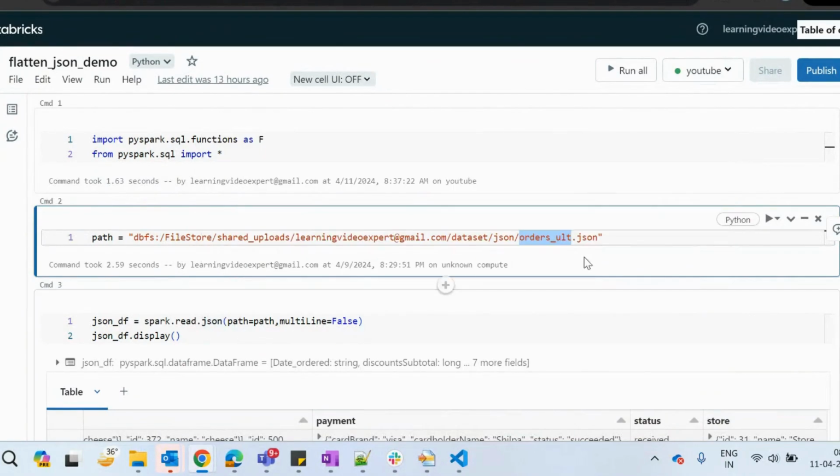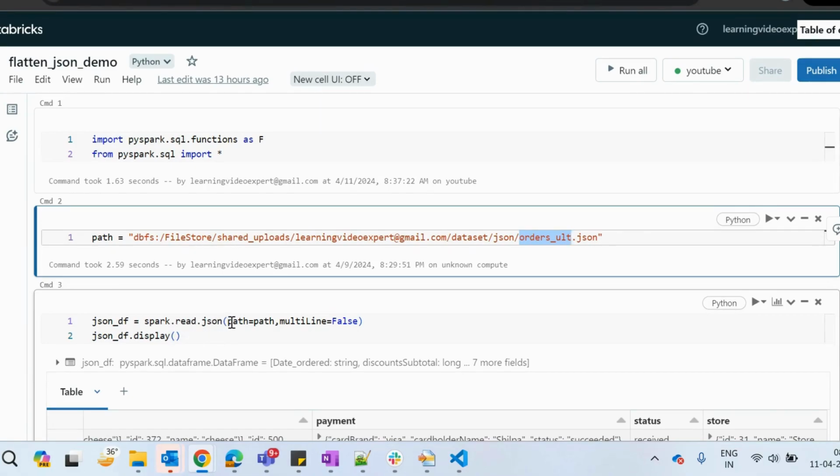If you don't know how exactly to read the JSON file, you can watch my previous video in which I have explained you each and every way how you can read the JSON, what are the options that you need to use. So I will pin that in the I button and in the description window. So just go ahead and watch it. You will be able to understand it.